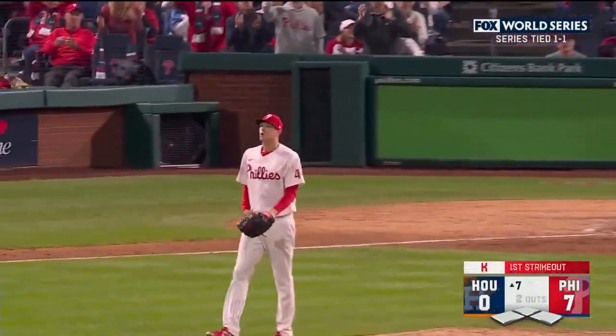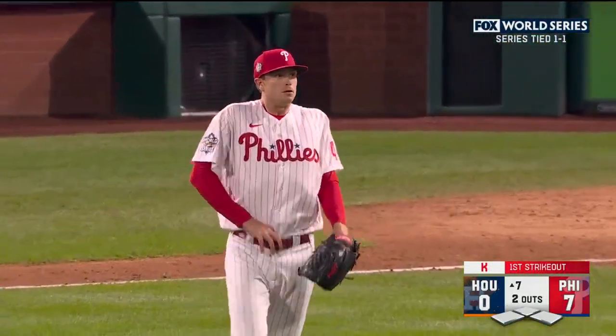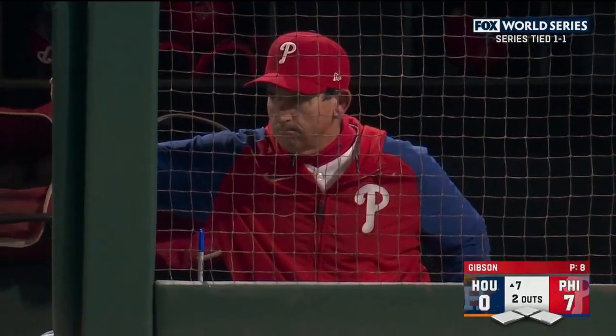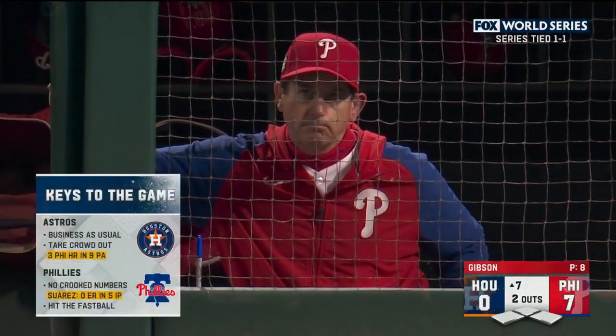Swing and a miss from Hensley. 2 gone in the 7th. But he knew if they could just get into the postseason, it could be a loose bunch. He gave us the keys to the game, John, and